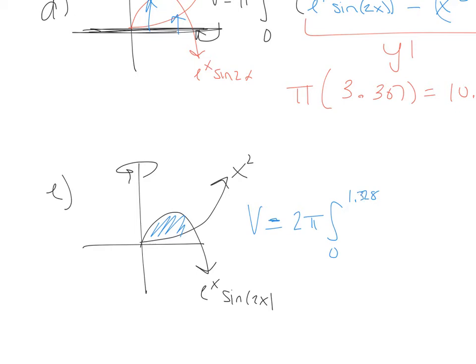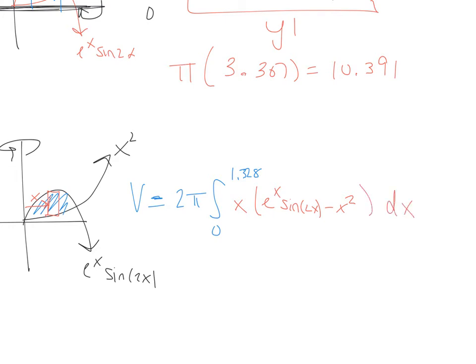And I'm going to draw my rectangle in here again so I can visualize what the radius is. My rotation is around the y-axis, so this is the r value from the axis of rotation to the curve. So that's just x because it's just the rotation around the y-axis. And then my height is going to be the upper minus the lower curve. So it's going to be e to the x sine of 2x minus x squared